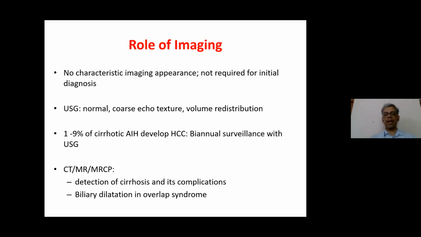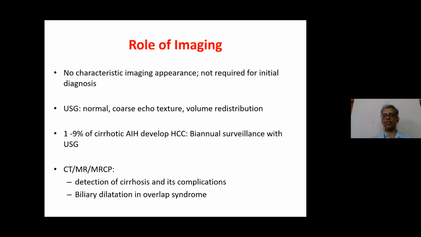Though there is no characteristic imaging appearance in autoimmune hepatitis, and it is not required for initial diagnosis, whenever a patient comes to you, ultrasound is the first investigation which you ask for, and it may show normal, coarse echotexture, or a volume redistribution. An important role of ultrasound also comes in those patients who develop cirrhosis, as ultrasound is a screening modality for hepatocellular carcinoma. Apart from that, CT, MR, and MRCP usually do not have a routine role in the evaluation of autoimmune hepatitis. But when you have complications of cirrhosis, or you want to make a diagnosis of cirrhosis, you can